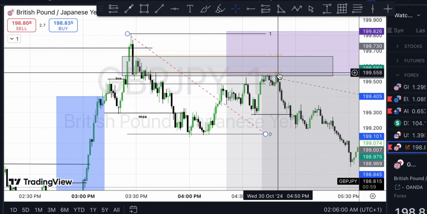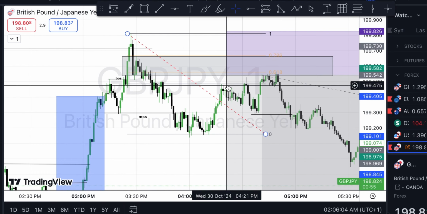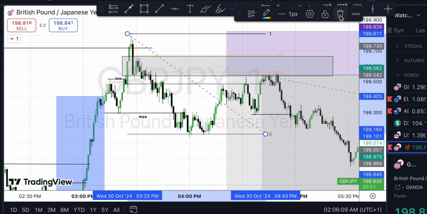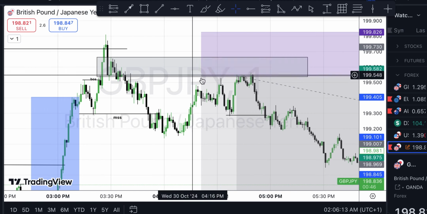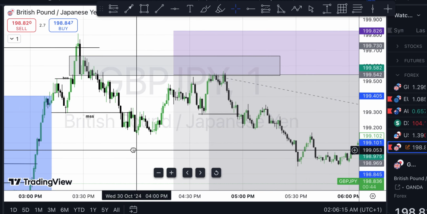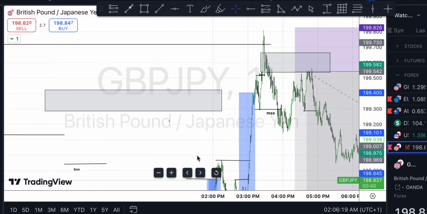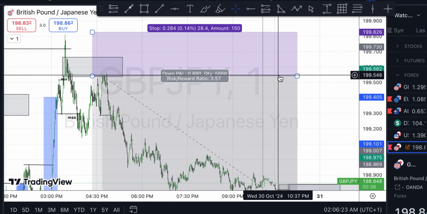Wow. So you can see that price traced back to my 618. I love this. That's my golden zone. So once price traced down there, I pick up my sniper tools. I snipe my target. I entered into a sell here. And what I did was that after entering into the sell,